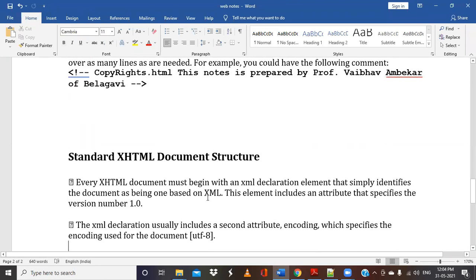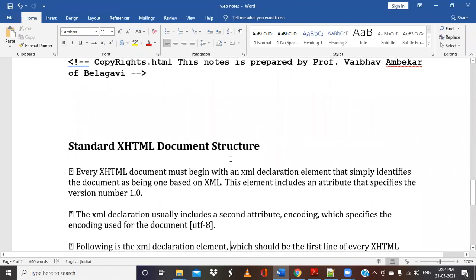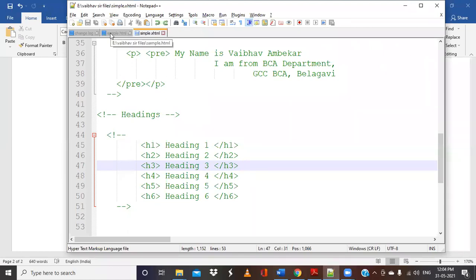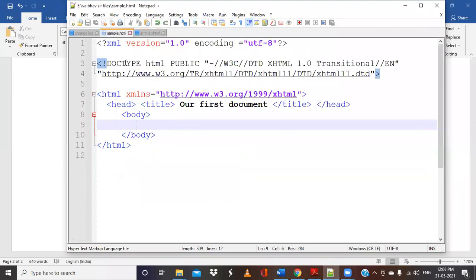Like for a C program, we have a standard structure. Similar to this, when we write programs based on XHTML, it will have a format or a standard structure. So what will it include? Let us consider that this is a standard structure. In the first line we have something called XML, doctype, and so on. And here we have the head tag, body tag, and so on. So this is our standard structure for an XHTML document or file.